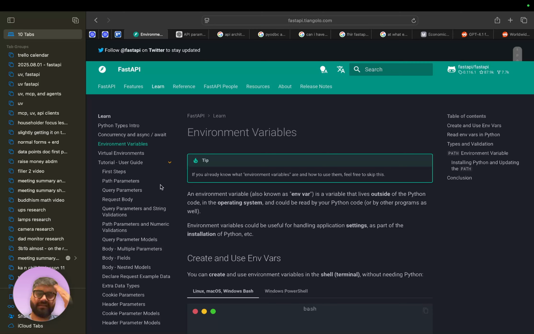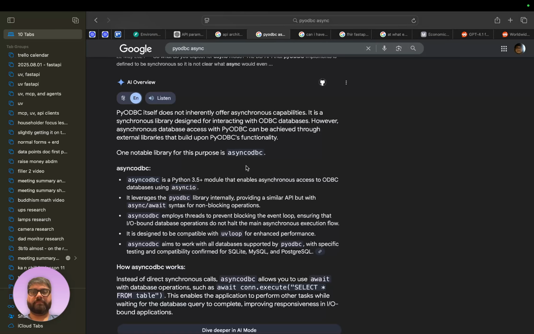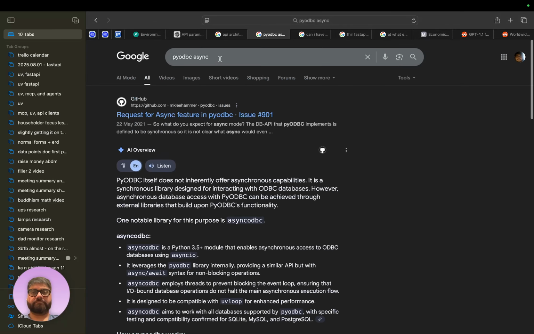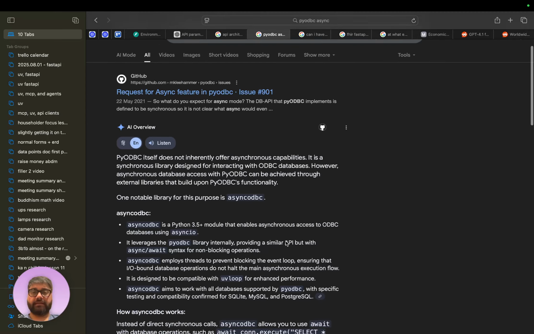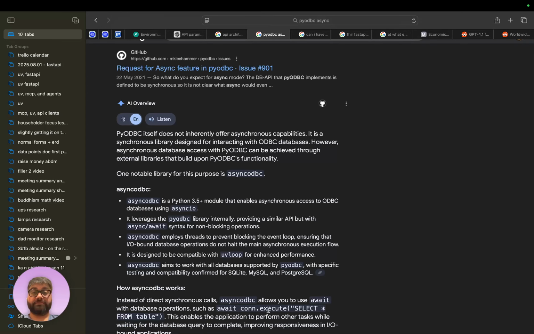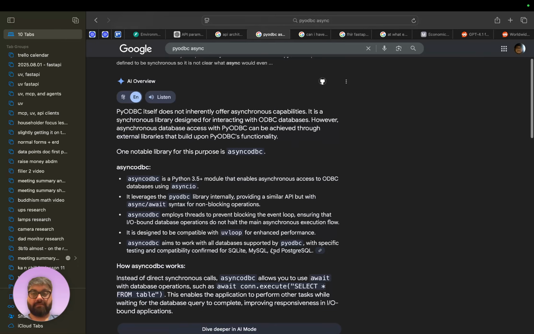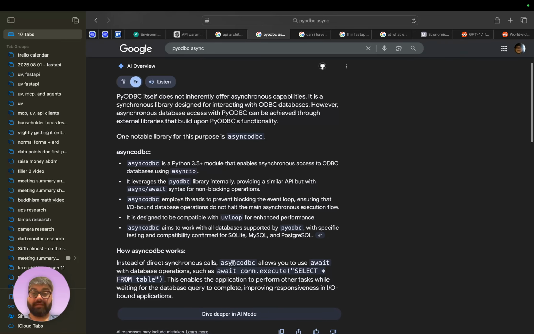Something maybe slightly unrelated, like I looked up whether PyODBC can be done async, because I know the PyODBC drivers I used to use did not, but apparently there is another library called AsyncODBC.